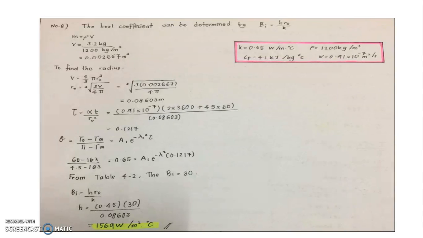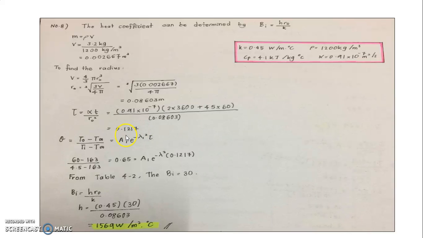For part A, we are first finding the Fourier number. To find the Fourier number, we have to find the radius first. To find the radius, we are using this equation, m equals ρV, and then we'll get V equals 0.002677 meter cube. And then since volume equals 4/3 π r cubed, we can calculate the radius, which is 0.8603 meters. And then we can substitute the value of the radius in this equation and we will get the tau equals